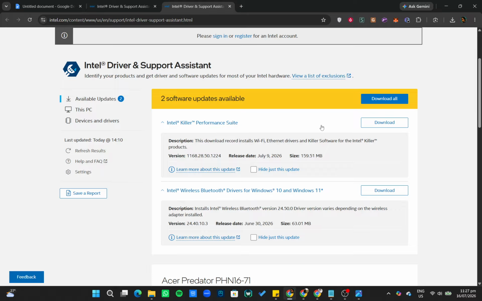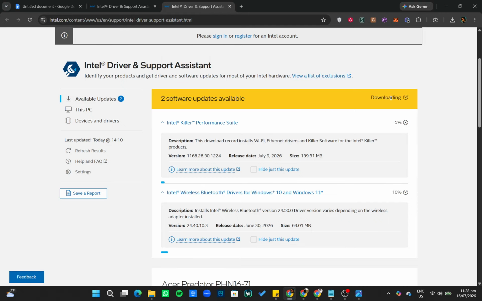Click Download and Install to update your Intel drivers and software. Once you hit this button, the process will initiate and you will see a progress bar indicating the download and installation status. This step is vital because it ensures that your system is equipped with the latest features and security improvements. You can sit back and relax while the application handles everything for you. This makes sure your changes are saved and applied properly.